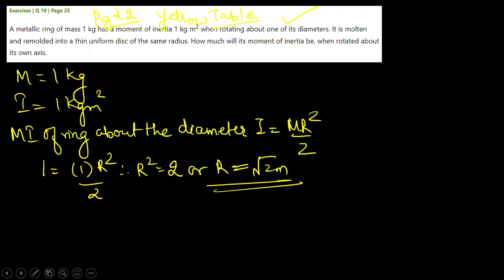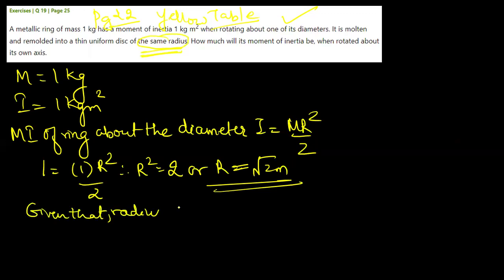वन मोमेंट ऑफ इनर्शिया भी 1 है, मास भी 1 है, तो एवरीथिंग इज 1, खाली 2 बचेगा ना, तो r² विल बी 2, तो रेडियस ऑफ द रिंग इज √2। क्वेश्चन क्या बोल रहा है, इफ इट इज मोल्टन एंड रीमोल्डेड इनटू अ थिन यूनिफॉर्म डिस्क ऑफ द सेम रेडियस, मतलब ये रिंग का डिस्क बनाया गया जिसका रेडियस सेम है, सो इट इज गिवन दैट